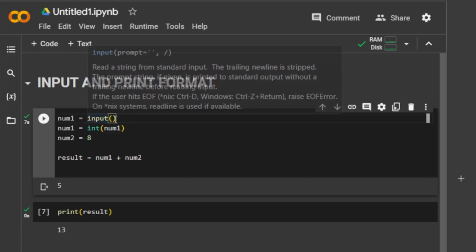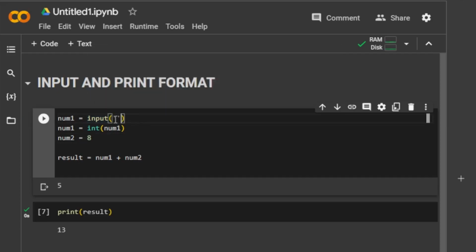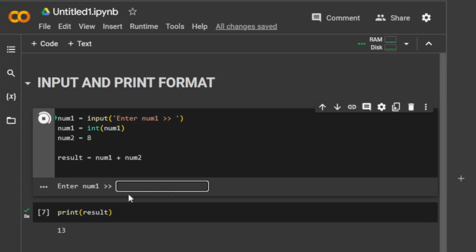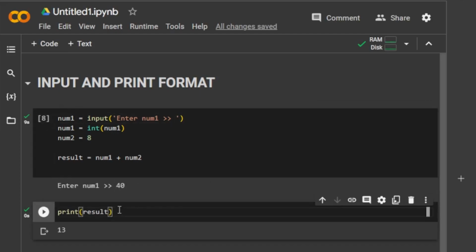But another thing we'll do is format them. If you say enter num1, something like this, so that it will be more interactive. If we run this code, you can see it shows enter num1, so that it is very interactive. So if you write 40, press enter, then run our result again, you see it gives 48, because 40 plus